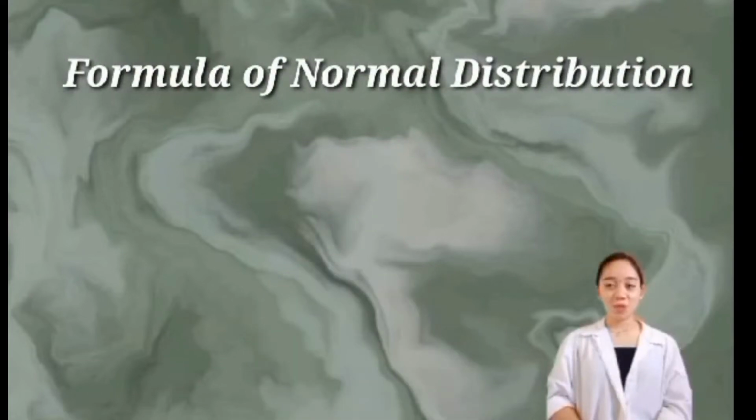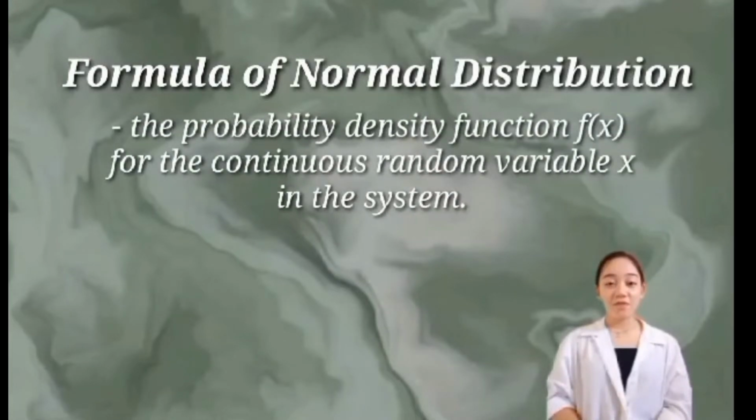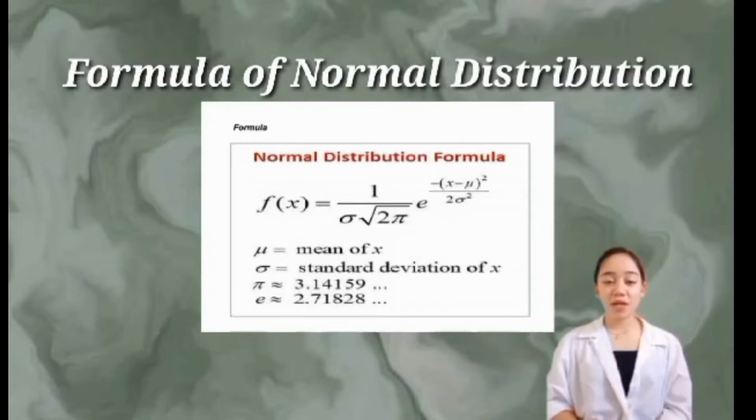Okay, without further ado, let me discuss the formula of normal distribution. The normal distribution is defined as the probability density function f of x for the continuous random variable x in the system. As you can see on the screen, the formula is f of x is equal to 1 over the lowercase sigma times the square root of 2 times pi times e raised to the power of negative quantity of x minus mu squared over 2 times the lowercase sigma squared,